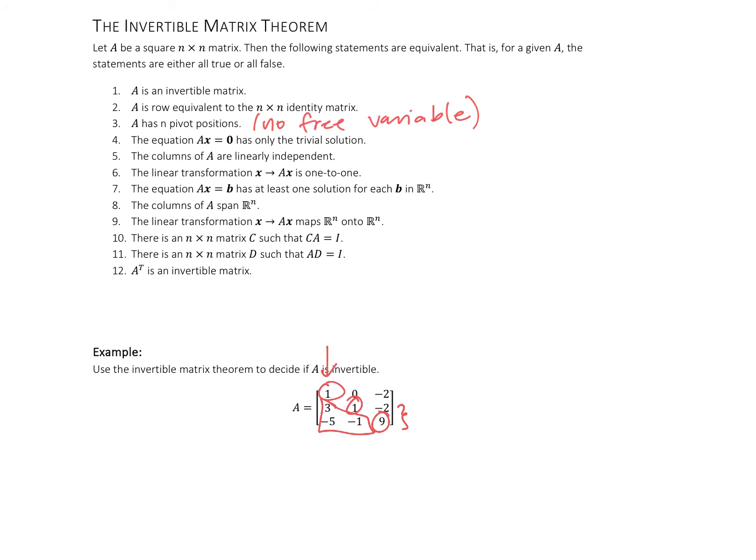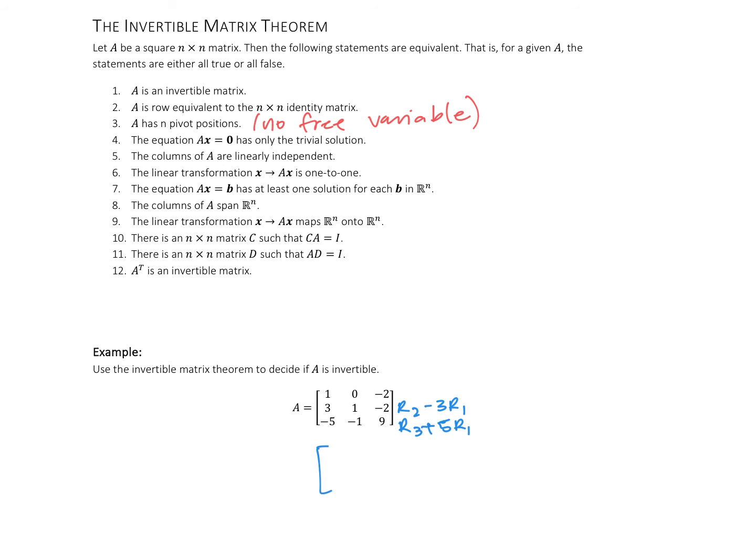We could also make sure that our columns are linearly independent. But I'm going to do a couple of quick row operations and see what we can conclude. I'm going to try and get rid of the 3 and the 5 at the same time. So I'll do row 2 minus 3 row 1, and I'll do row 3 plus 5 row 1